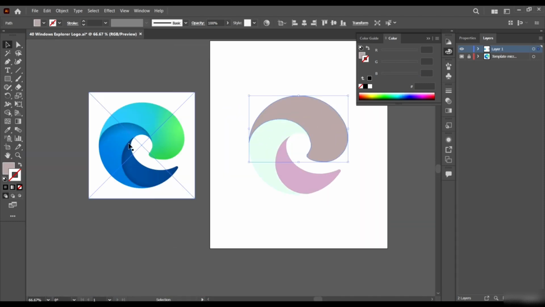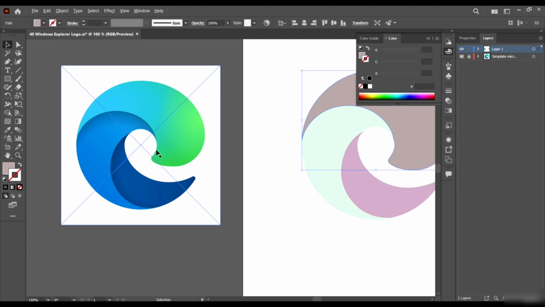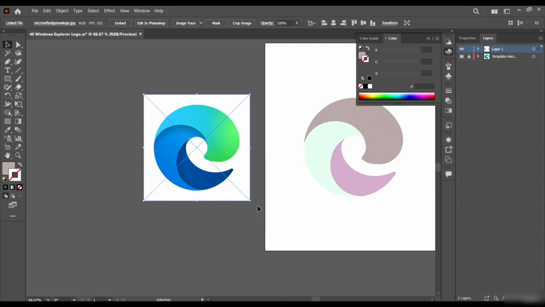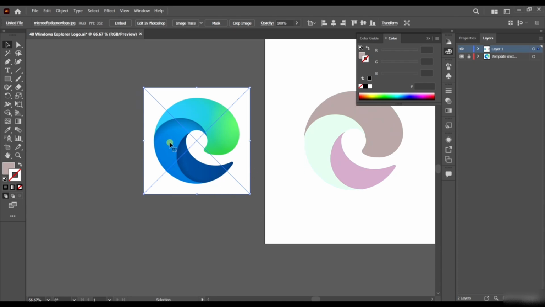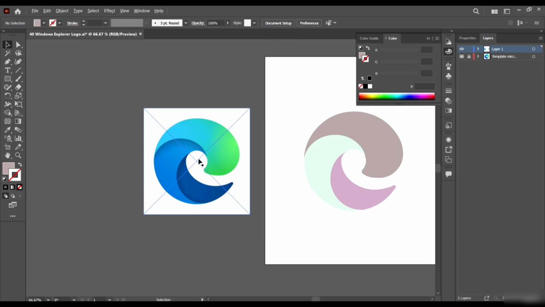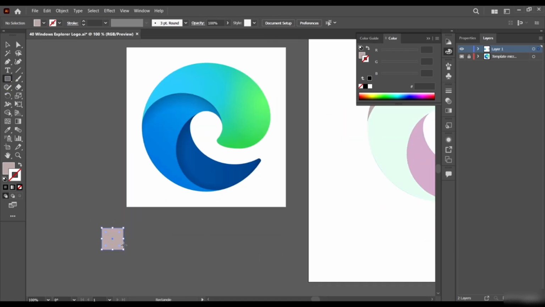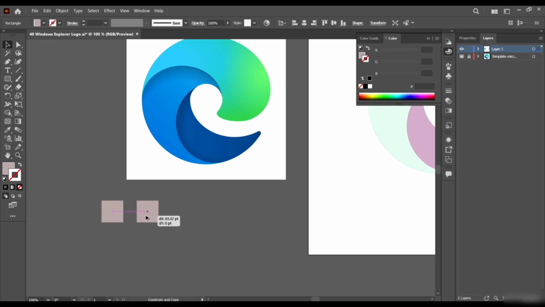Right now, the next thing to do is to sample these colors and create the gradient. This is kind of a gradient because we have a mix of this color and this color, mix of this color and this color, and this color and this color. Okay, some of them are subtle gradients like this one and this one. This one is more shouty. Some of them are less conspicuous. So we're going to just sample them anyways.